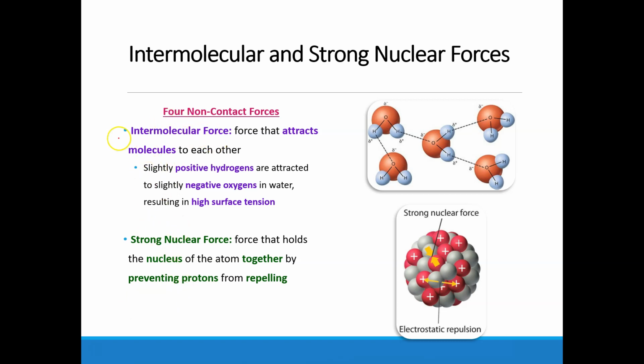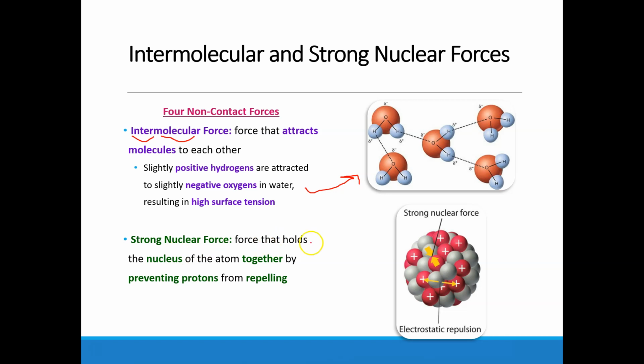Remember, intermolecular forces, it literally says it in the name, it's between molecules. So it's the force that molecules are attracted to each other. For example, water has really high surface tension because the hydrogens of one molecule are slightly attracted to the oxygens of another molecule. And the strong nuclear force is the strongest force in our universe that we know of